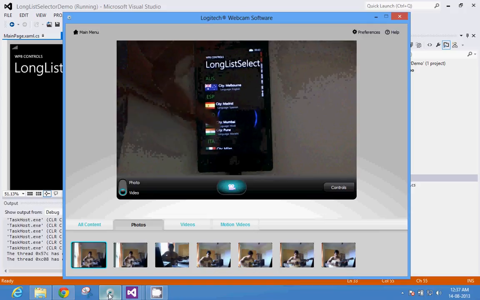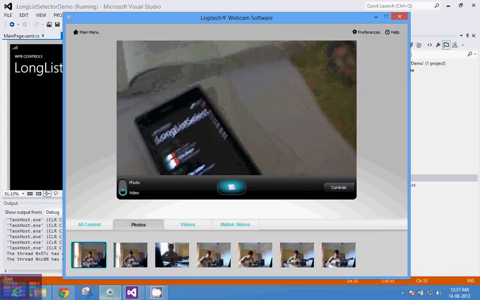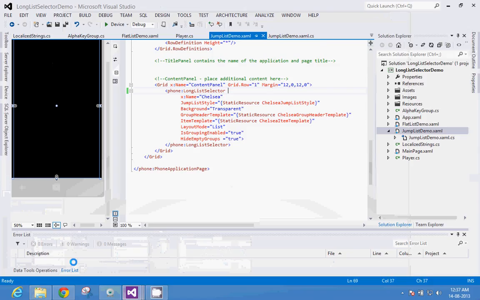So we used the long list selector in three ways: to display a flat list, to display alphabetically categorized lists, and to display a categorized list based on a parameter which we provided. In our case, it was nation, country in our collection. So I'm going to share the code snippets. Please have a look. It's very simple and small code, and I'm very sure that if you make use of this code in whatever way you want, you can do whatever you want with the long list selector. It's a very useful, unique, nice control, and I hope you use it often.